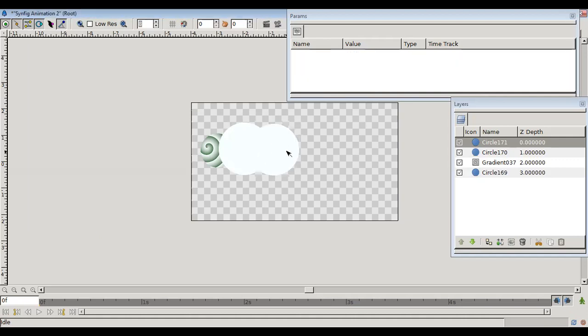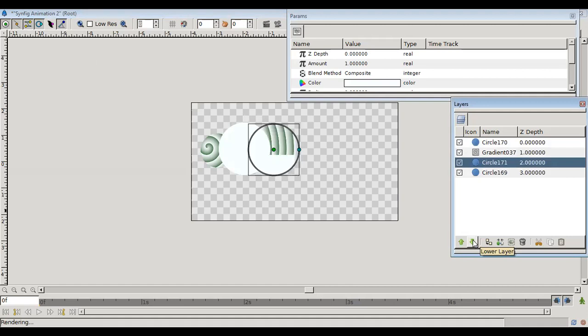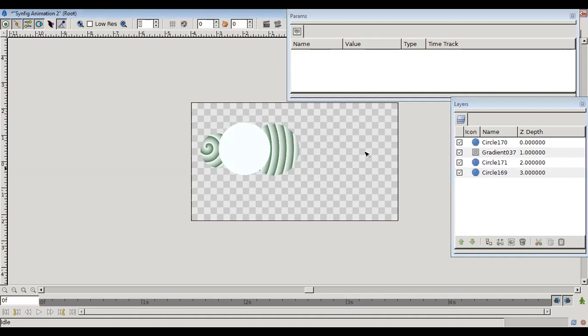Now I want to fill color in the third, that is, circle 171. So what I'm doing, click, okay, click on Lower Layer, so automatically the color will be filled.